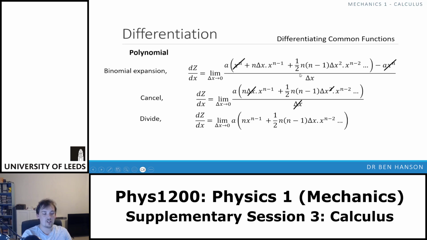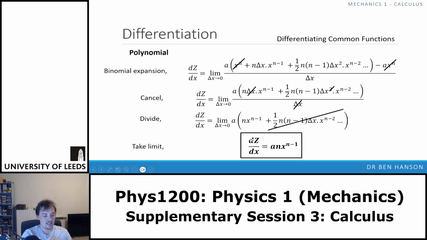We've lost a delta x from every single term. But now we don't have a delta x on the bottom. Setting delta x equal to 0, or allowing this function to move towards delta x equals 0, is no longer a problem. We're not going to get anything that's mathematically tricky, like a divided by 0. So now we can just set this equal to 0, and the next term, and the next term, because every term after this one is going to have a delta x in it, and that's going to get set to 0. So every term except the first term goes,